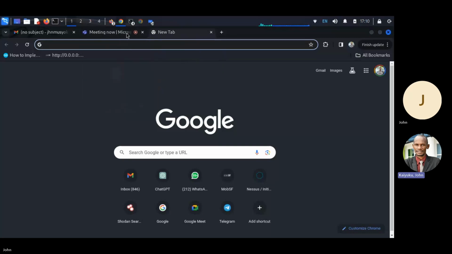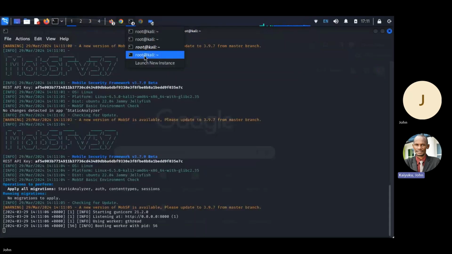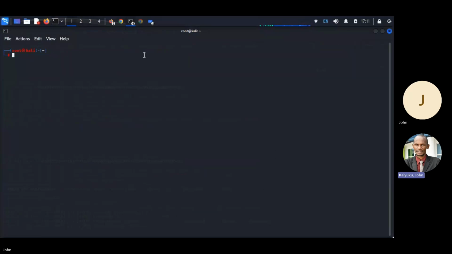So when it comes to mobile application penetration testing, this is quite a different approach, because it's an application that is installed somewhere, not like the web where we just type the URL and then we're done. So for mobile app penetration testing, we first of all need to set up the environment. But before we set up the environment, there are some tools that come pre-installed on Linux. For example,